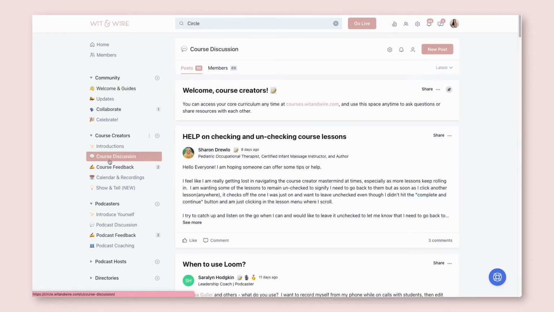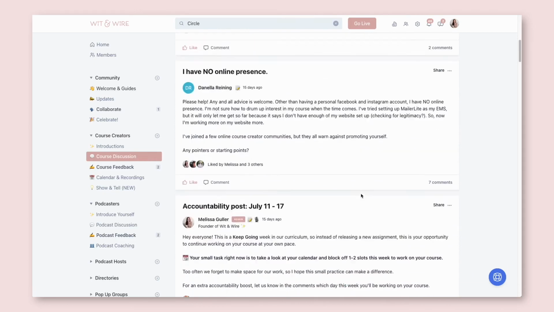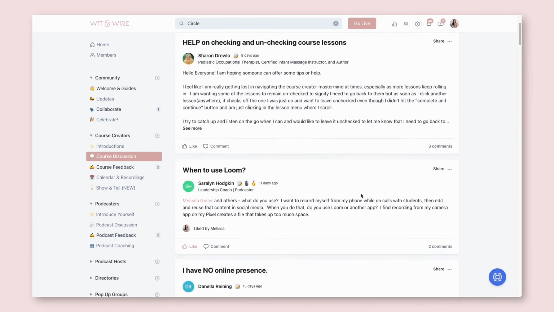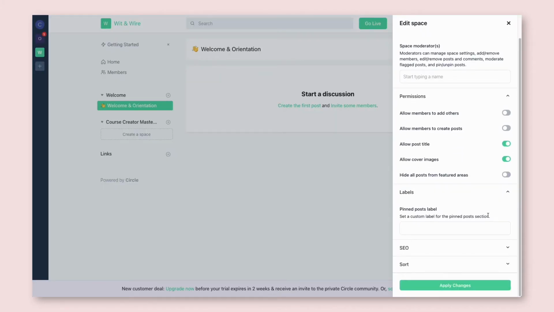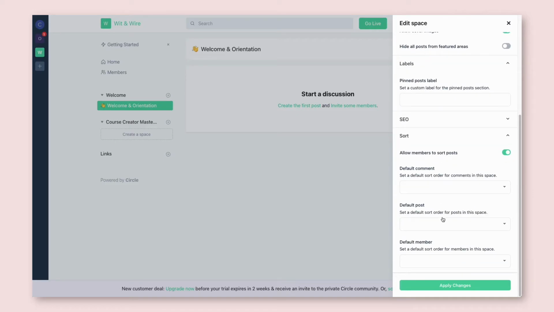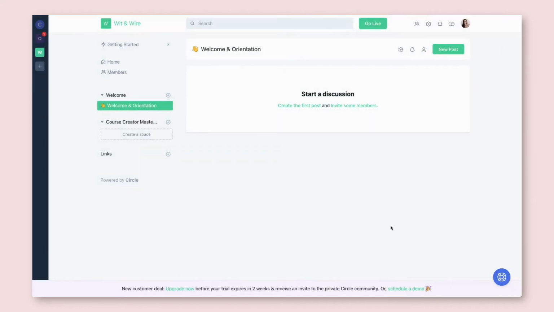But then in the course discussion space, of course, I want anybody to be able to post in this section. So the new post button will be visible to everyone. Labels are at the top of the pinned post section. Do you want it to have a different title? And then you can change the sort order if you wanted a different default view, like which post do you want people to see at the top. But for the most part, I'm going to click Apply Changes, close out of this, and now we have finished